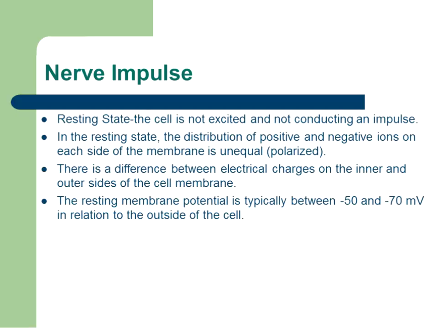So at resting state, nothing is exciting the nerve and there is not an impulse that is conducting. At resting state, the positive and negative ions on either side of the membrane are unequal. We call this state polarized. Okay? Now the reason they're unequal, and the reason the inside is more negative than the outside, is because on the inside we have